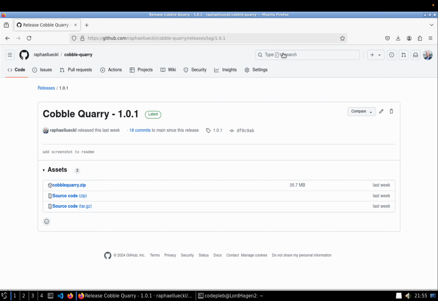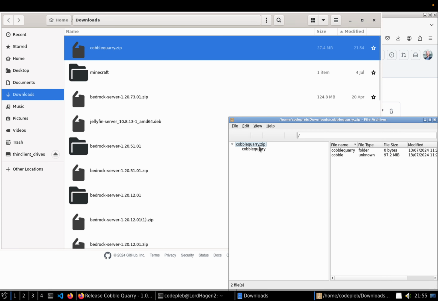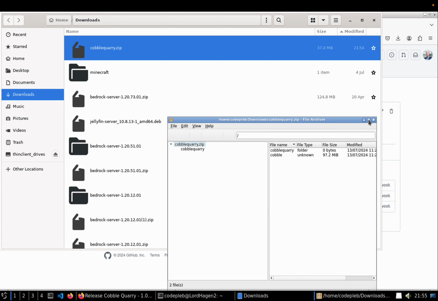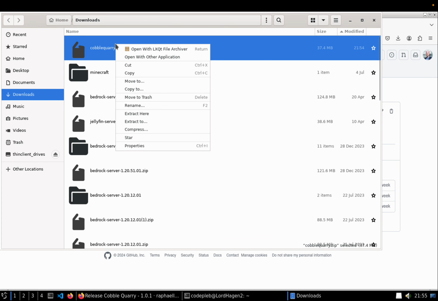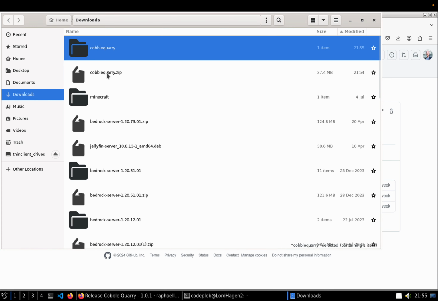I will open this, and maybe because my remote session doesn't work that well. But can I extract it here? Extract here. We get this folder, Cobble Quarry,